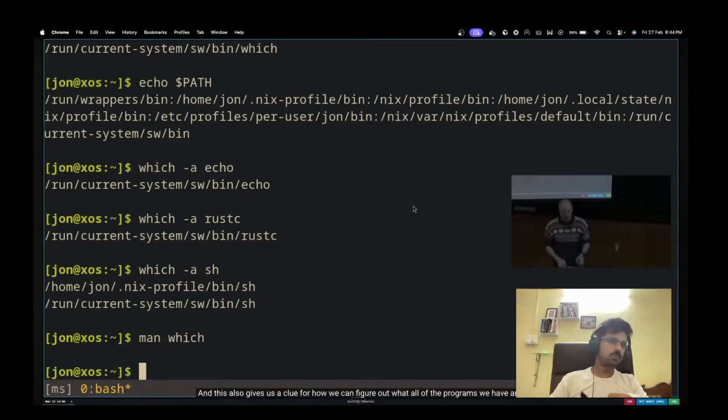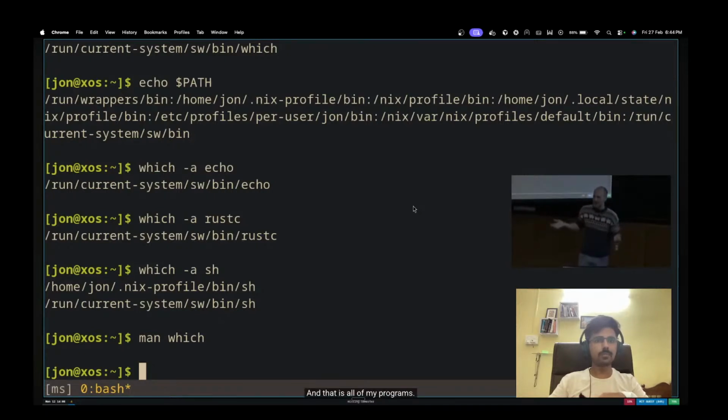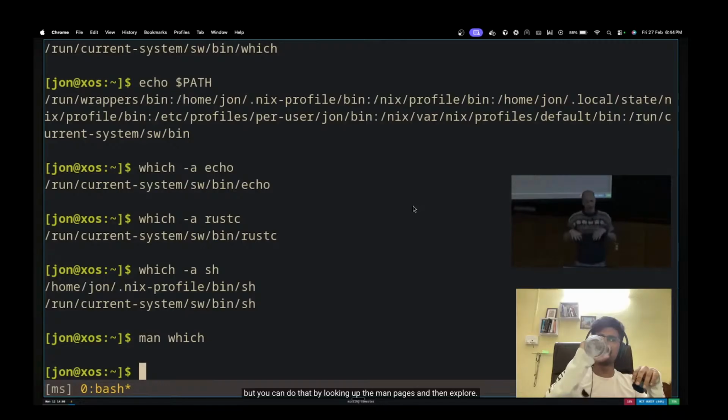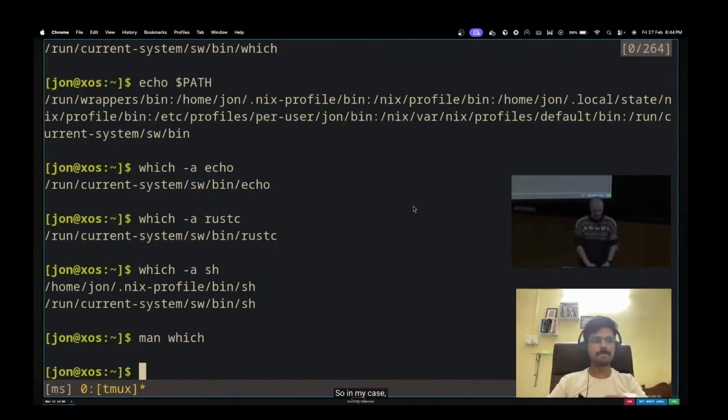And this also gives us a clue for how we can figure out what all of the programs we have are, right? You could walk through all the directories in your path and then just list the contents of all of them. And that is all of my programs. You might not know what all of them do, but you can find out by looking at the man pages and then explore. So if you really want to go through this process, so in my case, for example, I